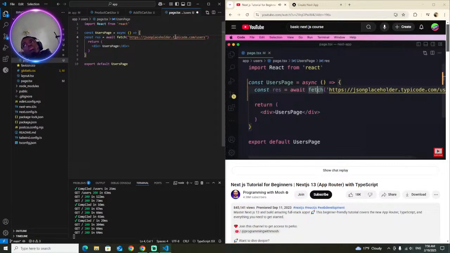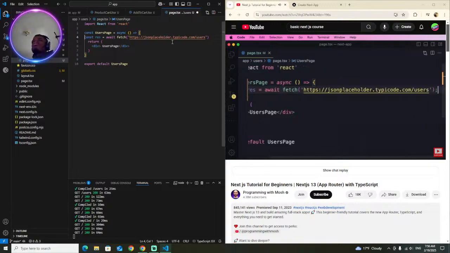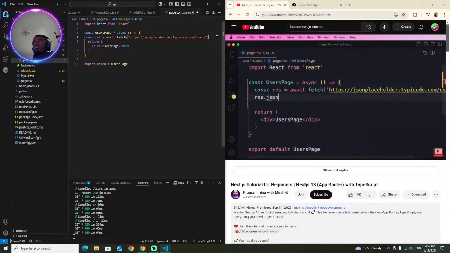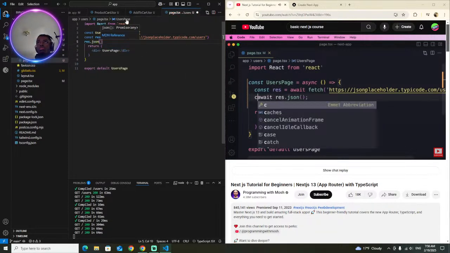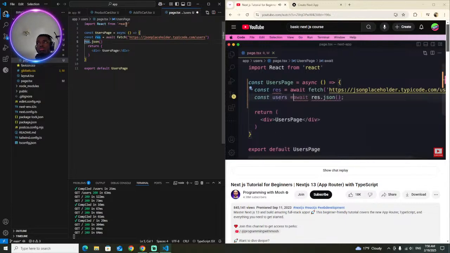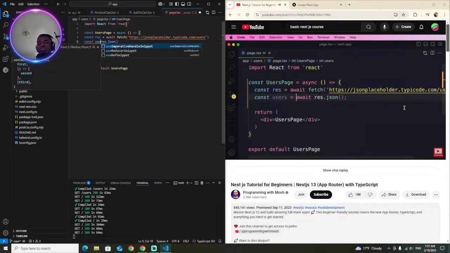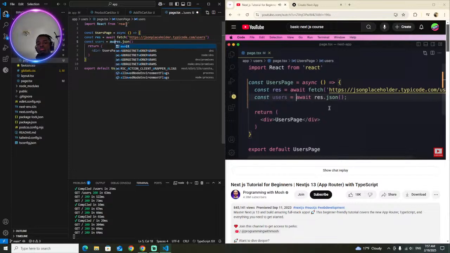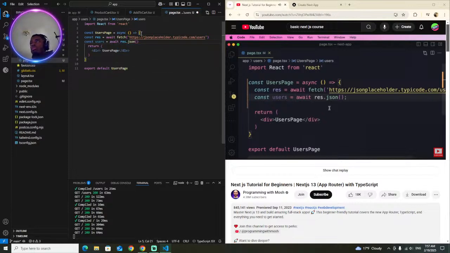And all of this happens on the server. You will see that in a minute. So we get the response. Then we call response.json. This also returns a promise. So we await it to get the data. In this case, our users. Next, we map these users to a bunch of list items, exactly like how we render them in a React